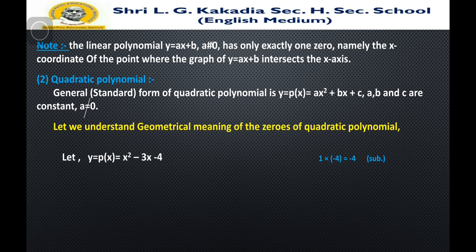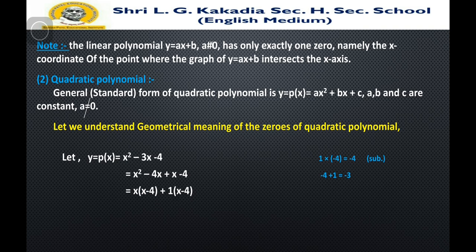So we factorize 4 as 4 ones are 4, and we subtract 4 and 1, then we get minus 3. So we put it in the algorithm, minus 4 plus 1 is equal to minus 3, and we get the middle term of minus 3. So now we put x behind minus 4 and plus x, then we split the middle term as given here, which is equal to x square minus 4x plus x minus 4.